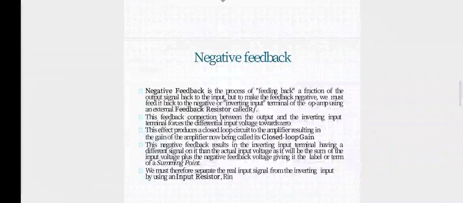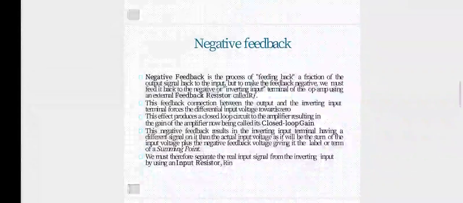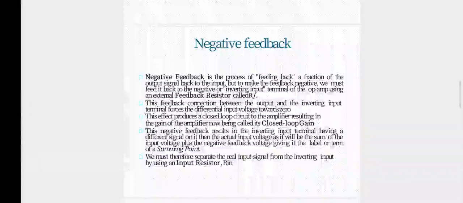Then there is negative feedback. You can see in the previous diagram that a feedback is given through RF. Negative feedback is a process where a fraction of the output is fed back to the input, but the feedback is made negative. We must feed it back to the negative or